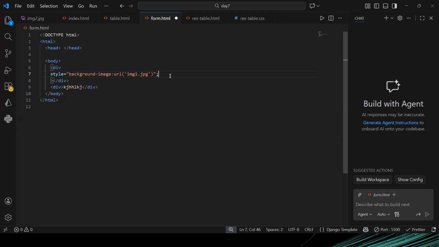Then I'm going to colon, I'll say height. Oh, sorry. My colon should be inside of this. So I'll say colon, then I'll do height of 200 pixel and then width of 200 pixel. Okay, so now if I save it and go to the browser,